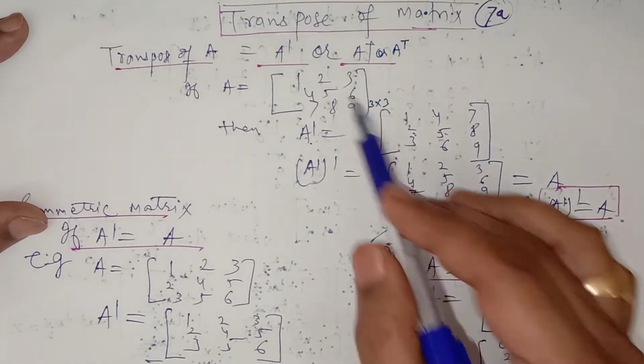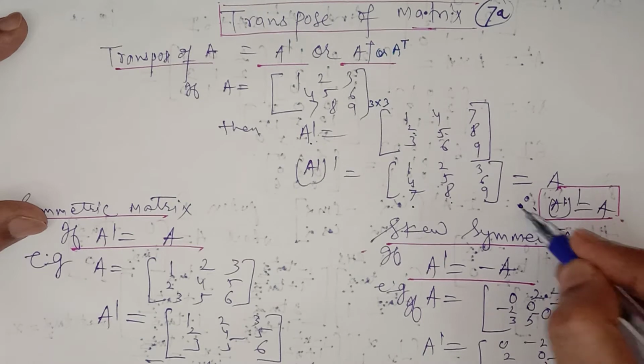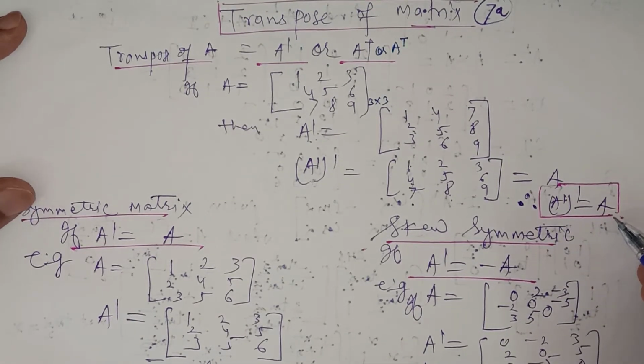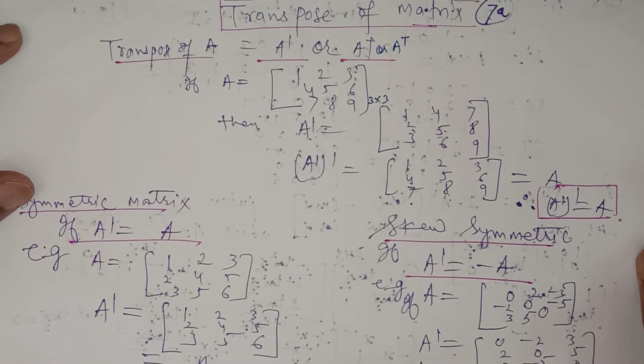And if we compare this with this, they are the same. So it means if we find the double transpose of the matrix A, it will be the matrix A again. That is, we can say that A double transpose will be equal to the original matrix. So the transpose of a matrix means to change the rows into columns and columns into rows. It is an easy topic.